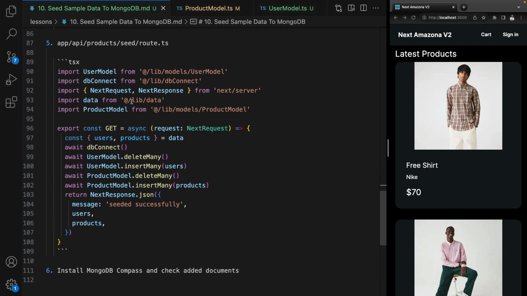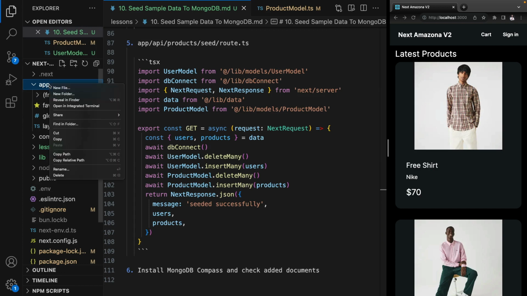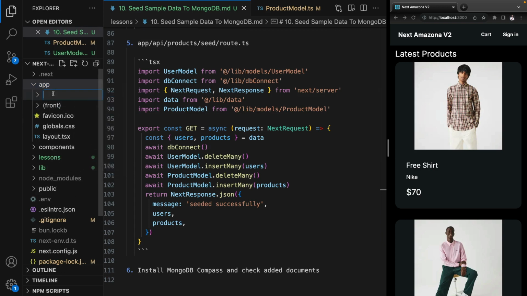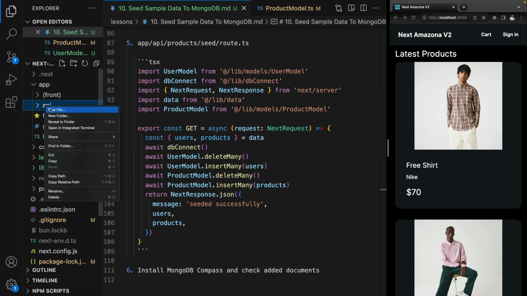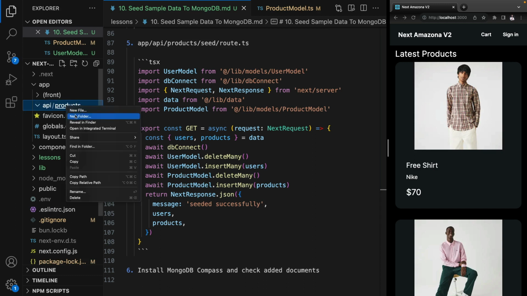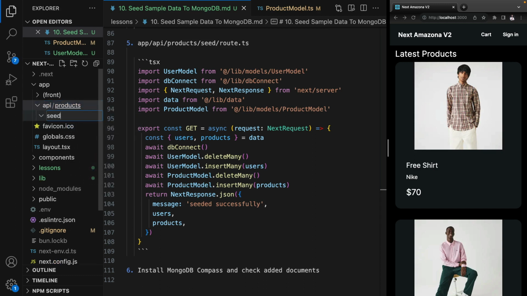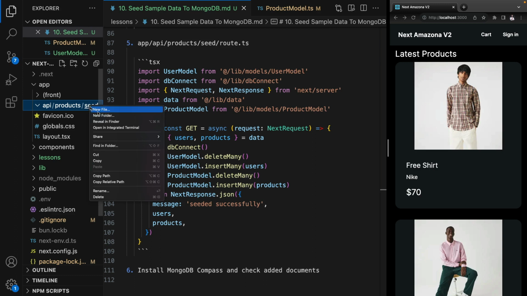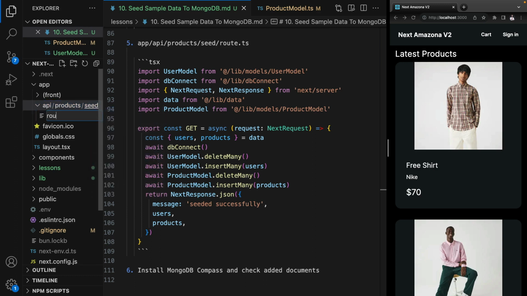Great, let's go for the last step. It is inserting sample data to the database. I'm going to implement this feature in the products API. Go to apps, right click, new folder for API. Inside that, create a new folder for products. Inside that, create a new folder for seed. And inside seed, create a new file for route